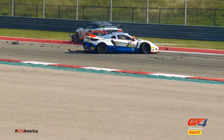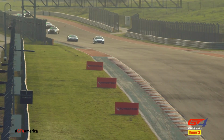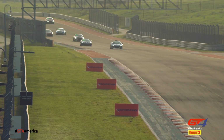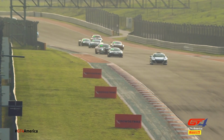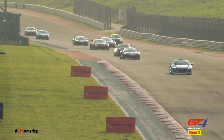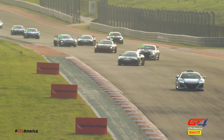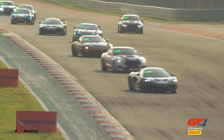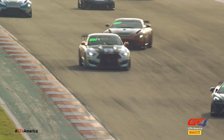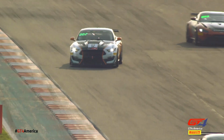Meanwhile, speaking to the Ian Lacey Racing crew about Frank Gannett's car, the frame on that was bent, and so they're already working hard to try and source a new car, looking ahead to the next and final round of the championship at the Indianapolis Motor Speedway. They're quite confident they can do so. They think they've got a lead on that already, but no Frank Gannett, unfortunately, or Mark Clinton in the race today. And for the Ian Lacey Racing team, that means